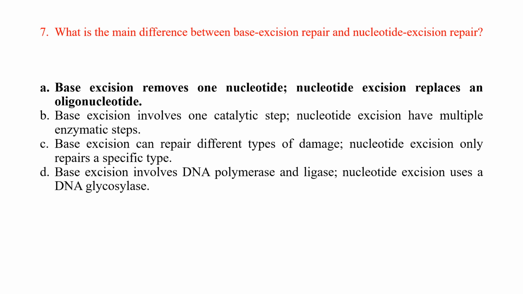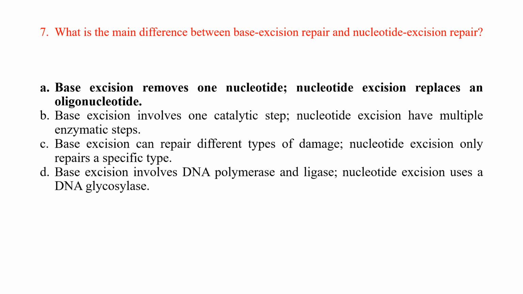The answer is A. Base excision removes one nucleotide, and nucleotide excision replaces an oligonucleotide. So the best example I can give you on this one is the base excision is going to remove one particular base nucleotide, such as uracil, which should be replaced by a thymine, whereas a nucleotide excision is going to replace a larger strand of bases known as an oligonucleotide that could be damaged from either UV light or possibly from some kind of carcinogen. As far as the other answers here, we'll go pretty much like a true-false statement